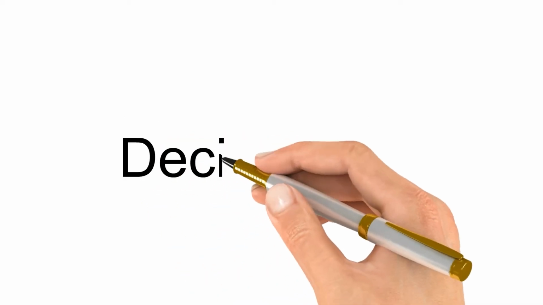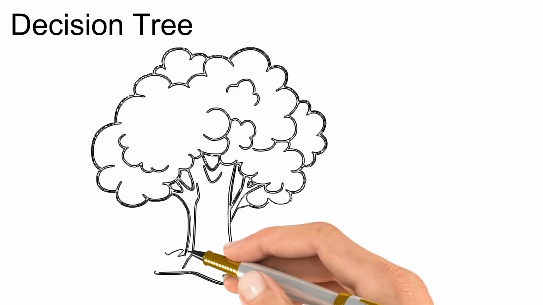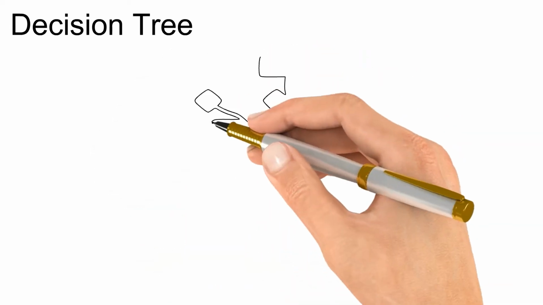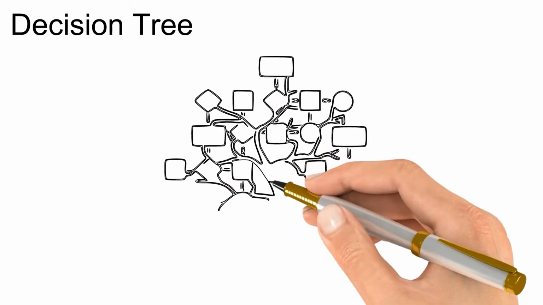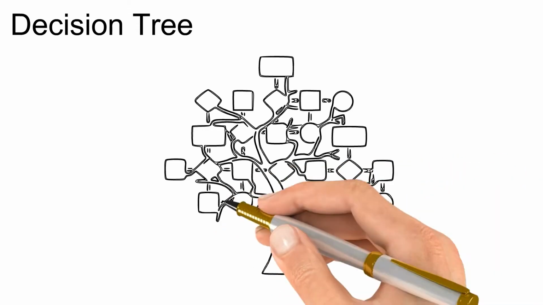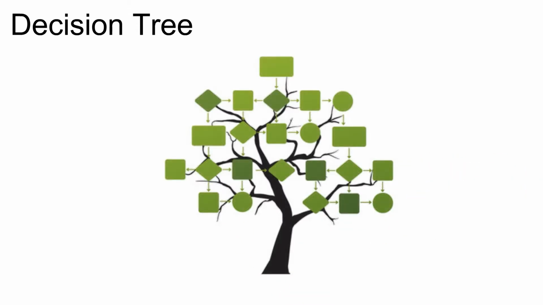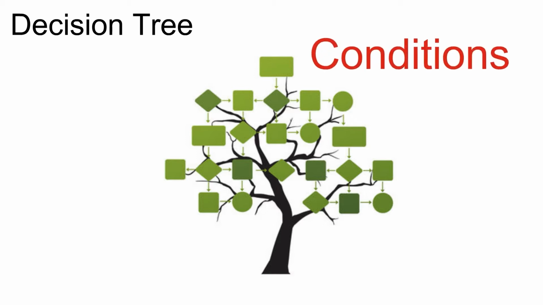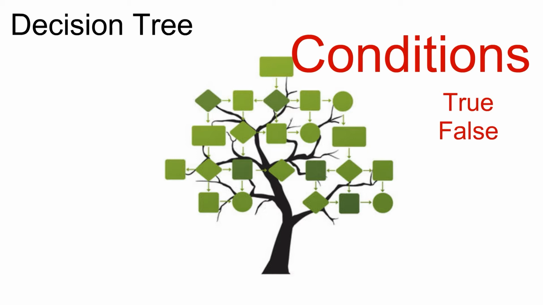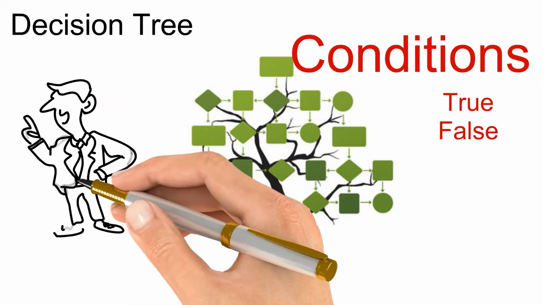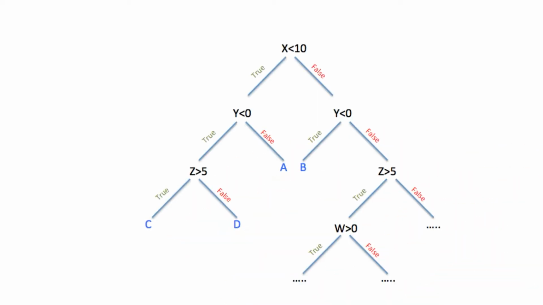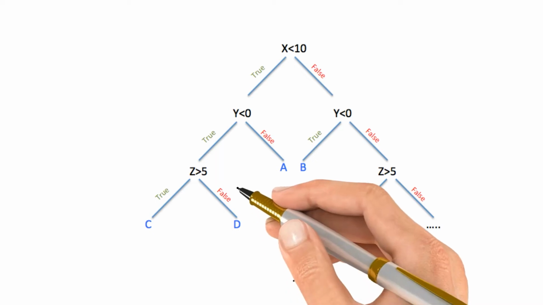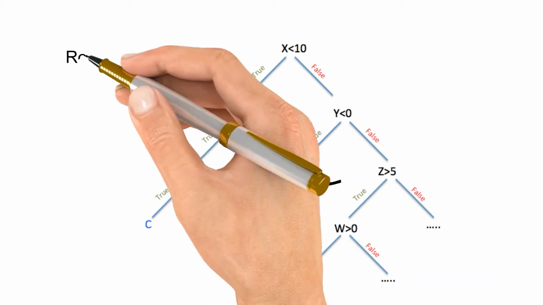Now let's switch to the decision tree. A decision tree is a tree-shaped diagram used to determine a course of action. Each branch of the tree represents a possible decision, occurrence, or reaction. It is a graphical representation of all the possible solutions to a decision, which is based on some conditions. It represents values as true, false, or yes or no. Thus, a decision made using a decision tree can be easily explained. The conditions are represented as nodes and decisions of the decision tree. The actions are represented as leaf nodes of the tree. The root of the tree is the starting point.